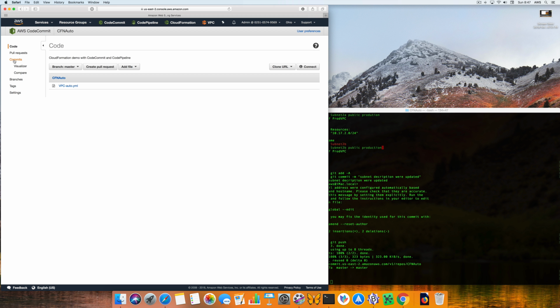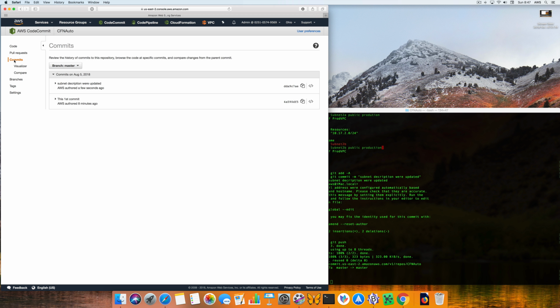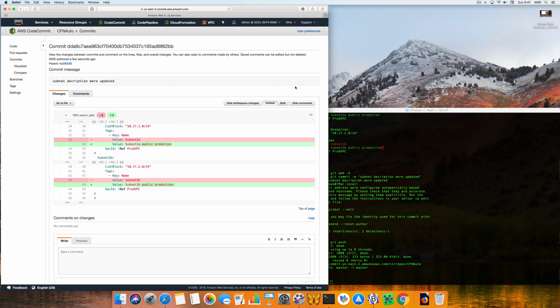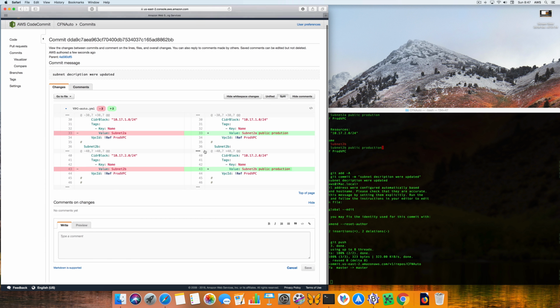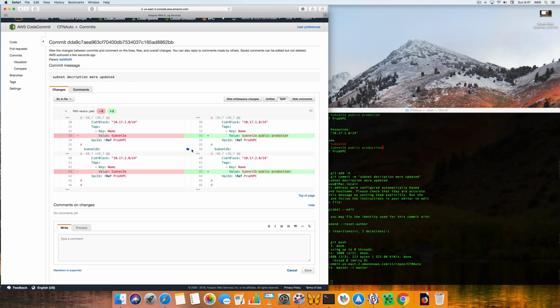And if we check the commits, now we have a new one added here. That's the description we just added. Again, the difference in what we changed. So this is the previous value in red, new value in green. Both the commands, you can use the split view where you can compare line by line, so it's very useful in troubleshooting. Notice change,